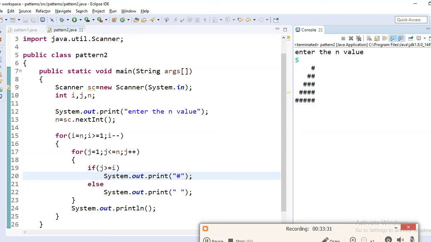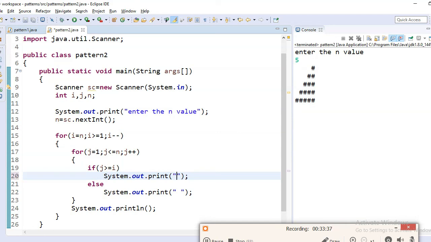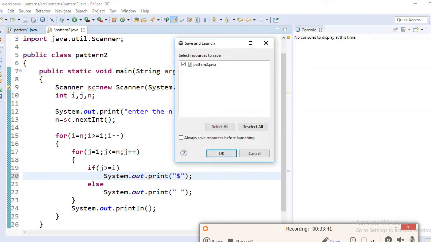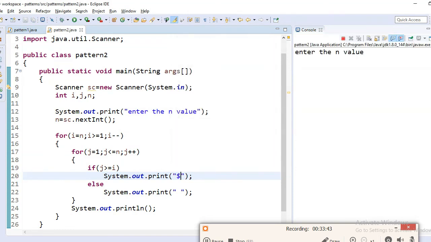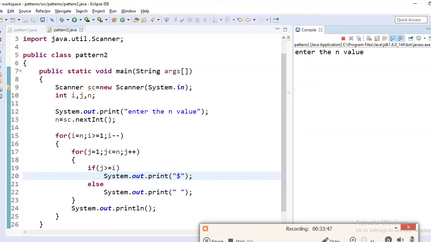Now again, instead of hash we can print the dollar symbol. Now run the code and give the n value 10, it will print dollar, 10 rows and 10 columns.